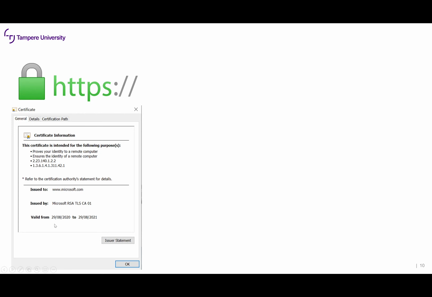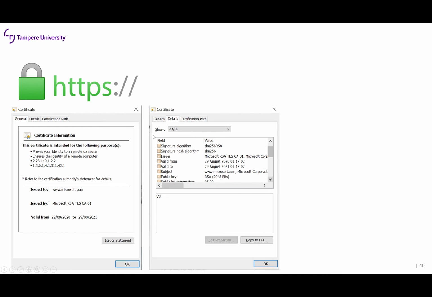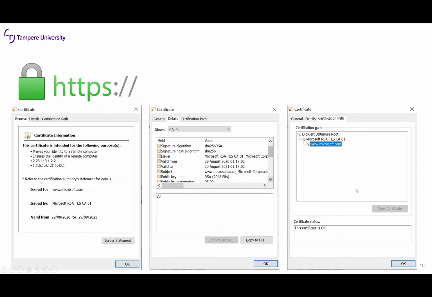So you can see that it was issued on the 29th of August 2020, and it will be valid for 1 year, until the 29th of August 2021. Now, if you click on the details tab here, you will see much more information. For example, you will see the signature algorithm that was used, SHA-256 RSA, the signature hash algorithm SHA-256. You will see the public key, the algorithm that was used for the public key, and so on and so forth, right? And finally, you will see the certification path, which is, I don't know if you remember